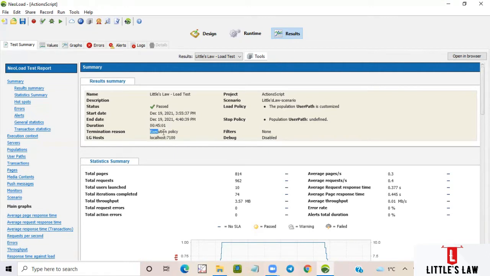and the termination reason. The termination reason is the execution policy, since we have set up the test for 35 minutes. Based on that, the execution has completed, so that's the reason for the termination, and it shows execution policy. And then we see the load generator hosts we have added. In case you have added multiple load generators, you can see them in the list. And then which project the script is available in. So this shows the project location and which scenario you are using.